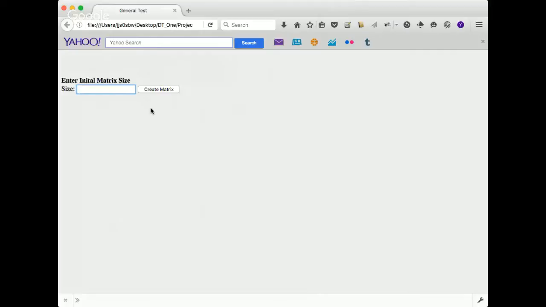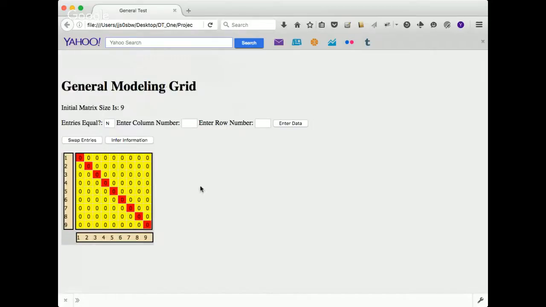Like the other web app, you just enter the size of the matrix that you're working with. Once you do that, it brings up the matrix itself and the initial matrix display.